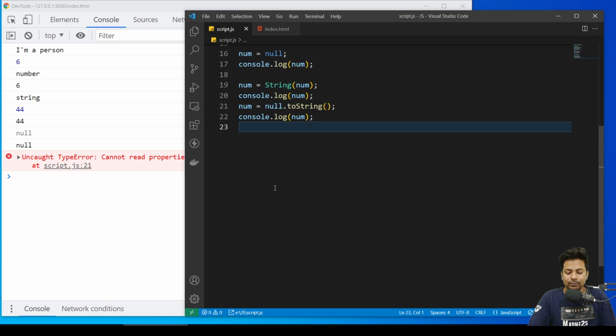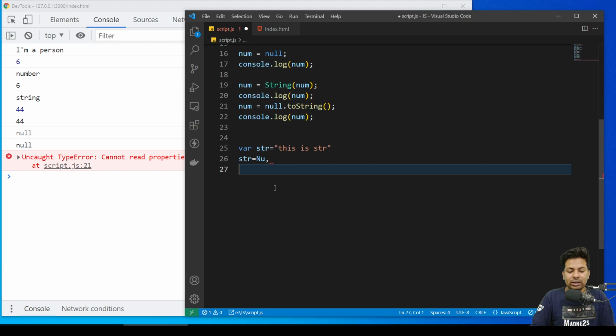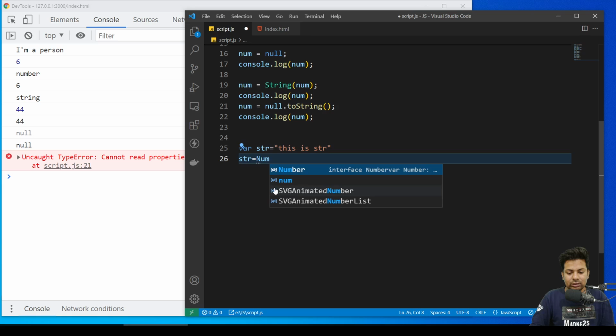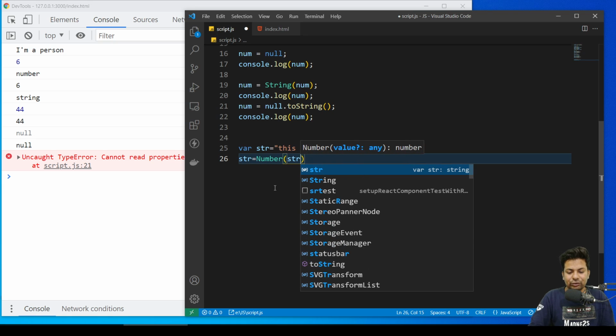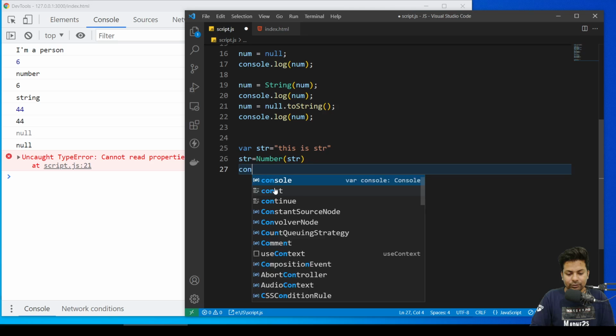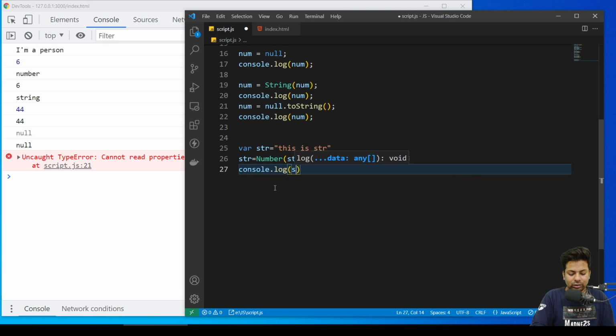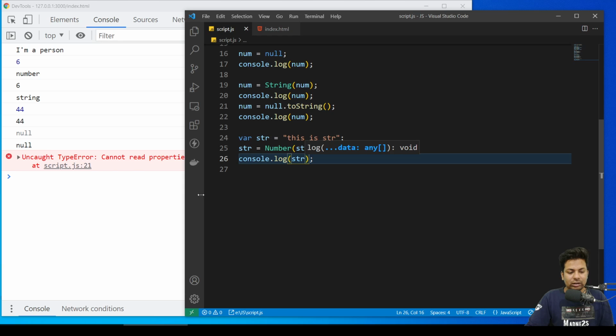So now, suppose you want to change something to a number. I say var str equals, this is str. Now I say str equals Number(str), and console.log str.